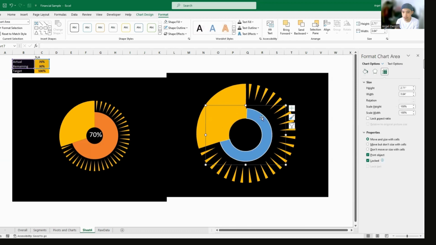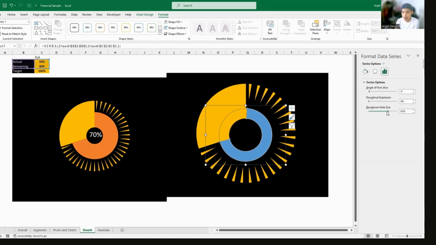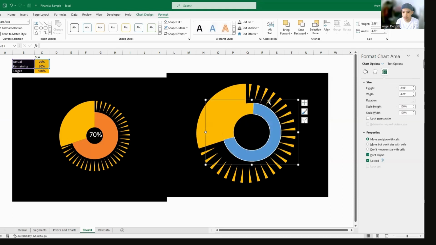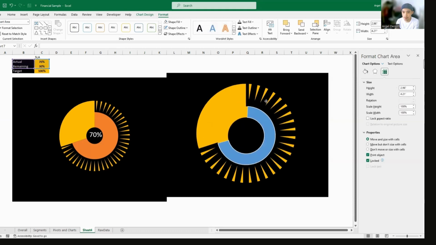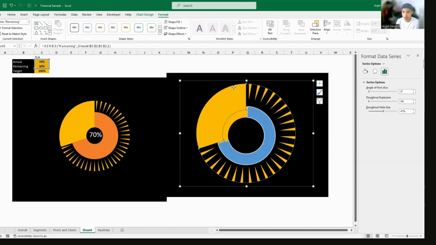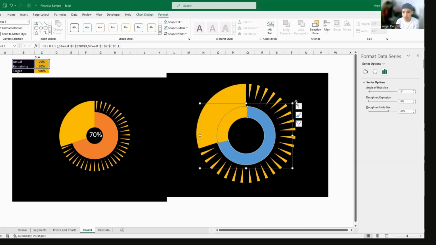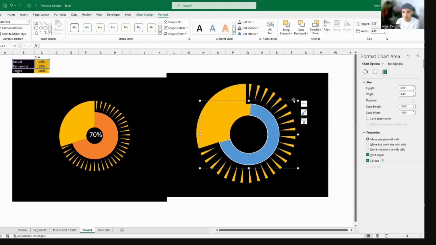Or actually, we can adjust the entire donut and make it bigger. And this one, we can slide it back a bit and then make this a lot bigger.